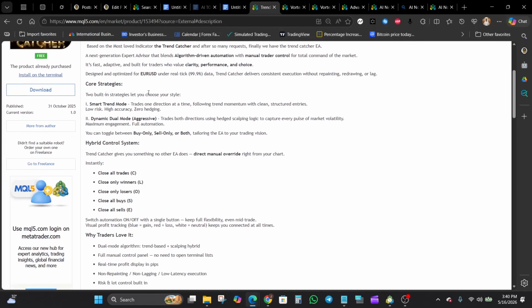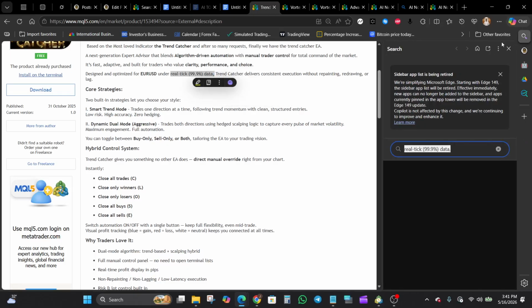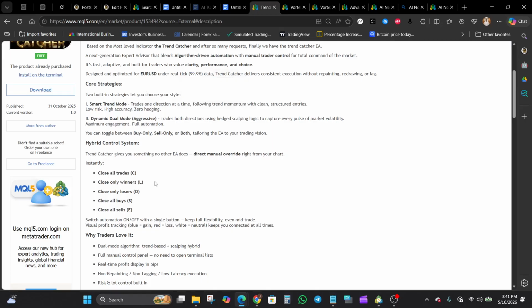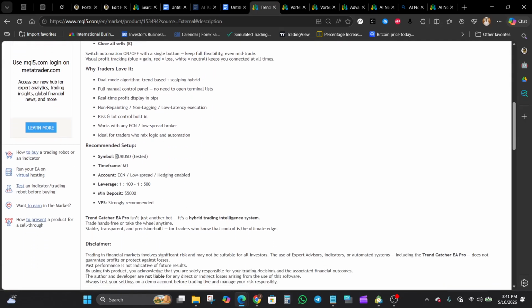Now, as I scroll through the page, the developer mentions that the EA was optimized specifically for EURUSD using real tick data, 99.9% quality data. The recommended setup here is EURUSD on the 1 minute time frame, with an ECN or low spread broker and hedging enabled. They also recommend leverage between 1 to 100 and 1 to 500, a minimum deposit of $5,000, and a VPS